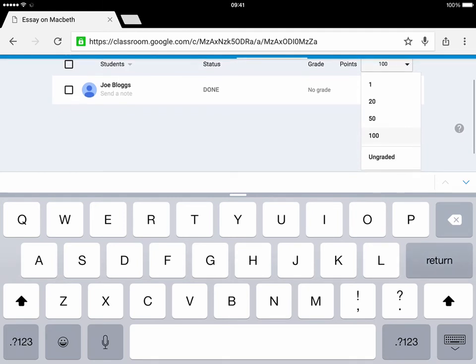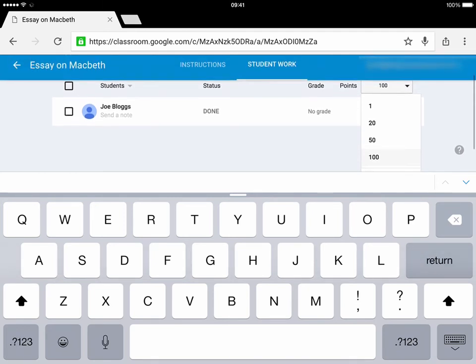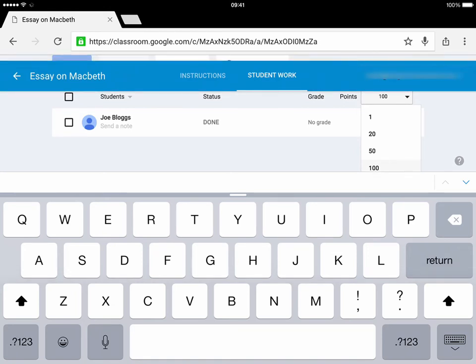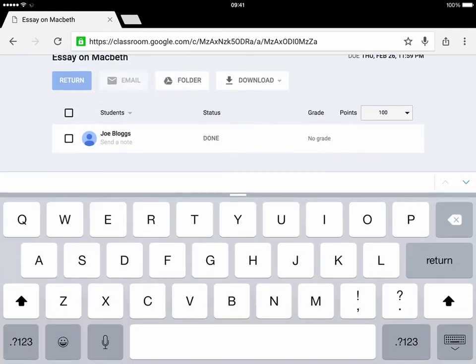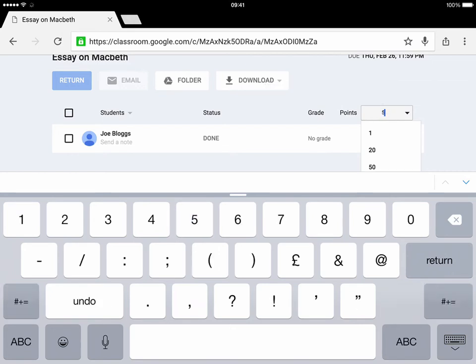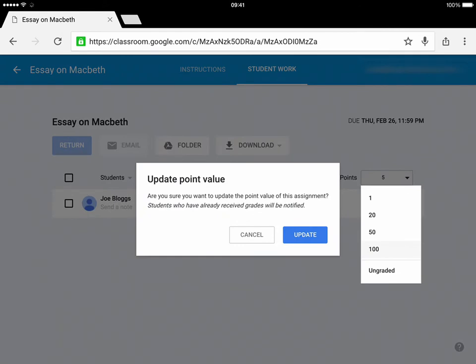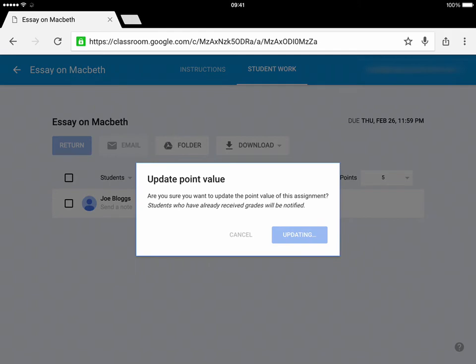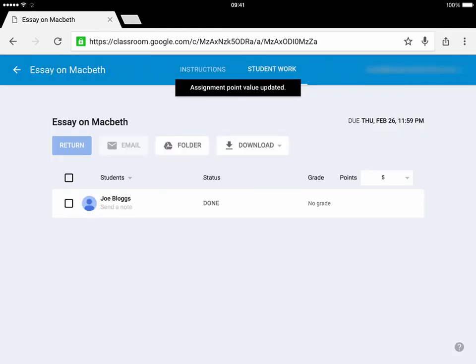We can choose that, or we can make it an ungraded piece of work. We can also tap into the top box where it says 100 and set an actual number for the grade. So for example, if it's not out of 100 and it's out of, let's say, 5, I can just type 5. It asks if you want to update the point value. You just choose update, and then anything that you mark within that particular assignment will be marked out